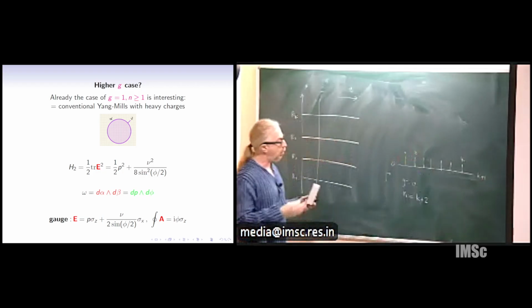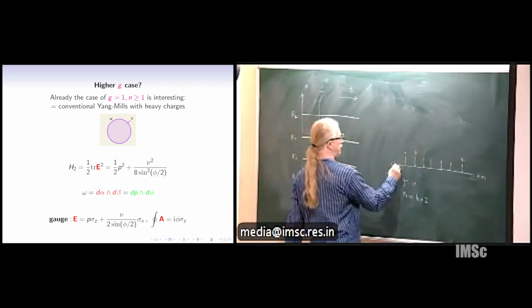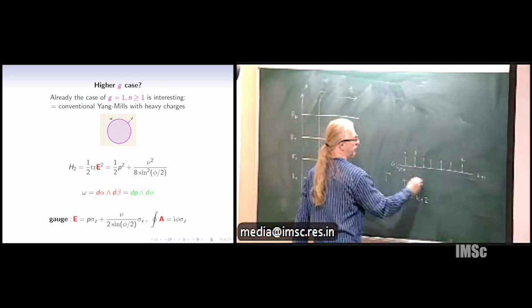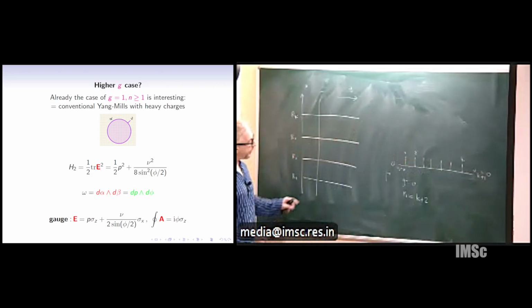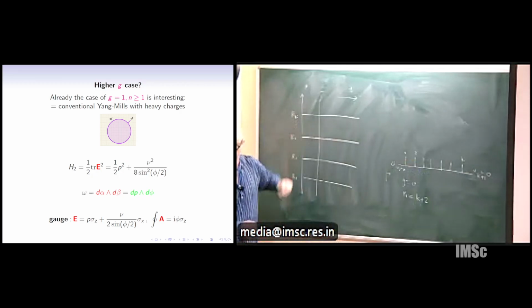So orbit-wise, this will be the trivial orbit. You want the ends to correspond to trivial orbits if you want to have finite energy, because the energy of